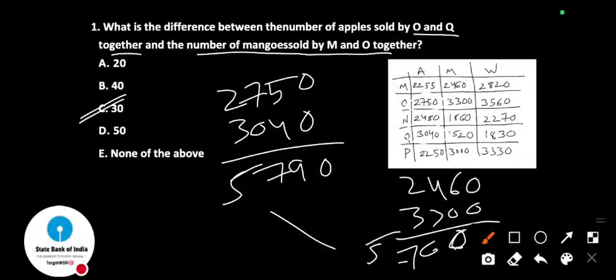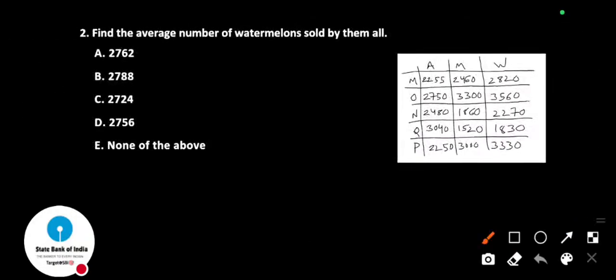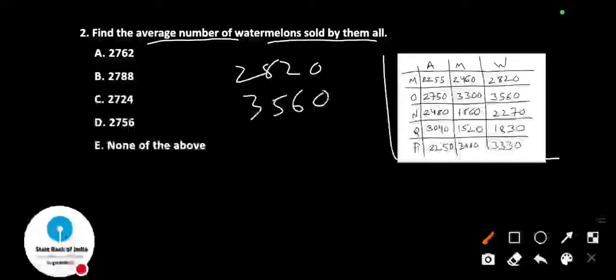Option C is the answer for this question. Next question. This is the data we got from data interpretation. Now we need to find the average number of watermelons sold by all of them. So 2820 plus 3560, 2270, 1830,